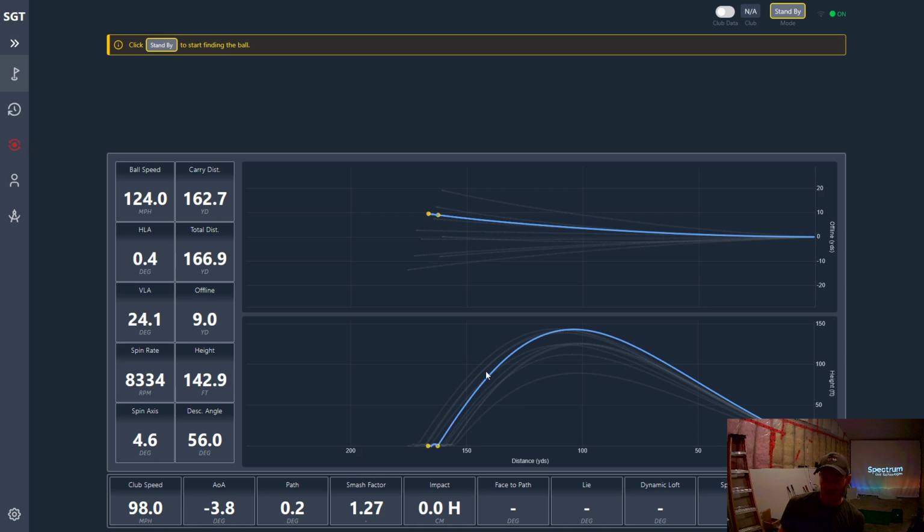And then what we see here is the trajectory from the side. So you're actually seeing the descent angle and the actual shape of the ball flight. And this is traveling just like a golf ball does. I spin it a lot, so I do have a little bit of a rising ball flight, a little bit of ballooning happening, and a very steep descent angle. And generally speaking,